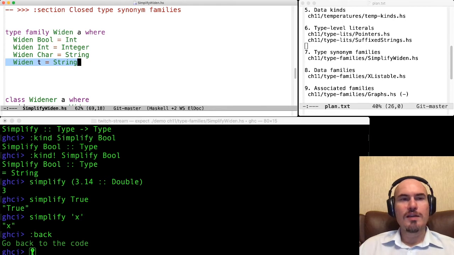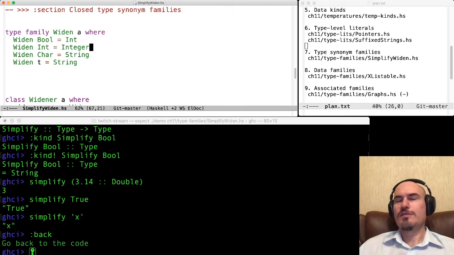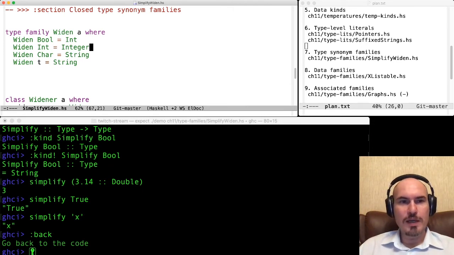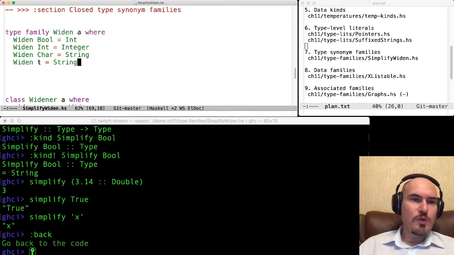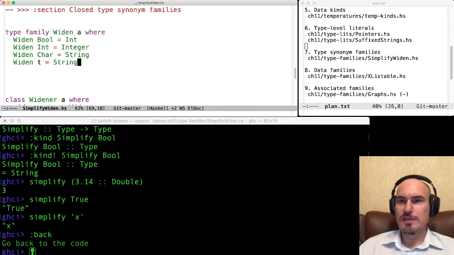So we say, well, we convert bool to integer, we convert int to integer, a wide type. We convert char to string, and we convert any other type to string. This was not possible with type synonym families because everyone can add another type instance, they are open. But here with closed type families, we are not allowed to add anything. That's why we can add this case which corresponds to everything.